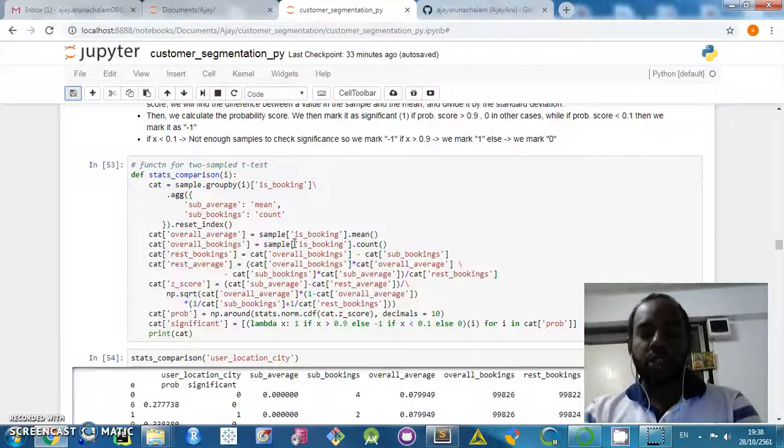To check that, we do a two sample t-test to verify whether the outperformance is statistically significant, right? So